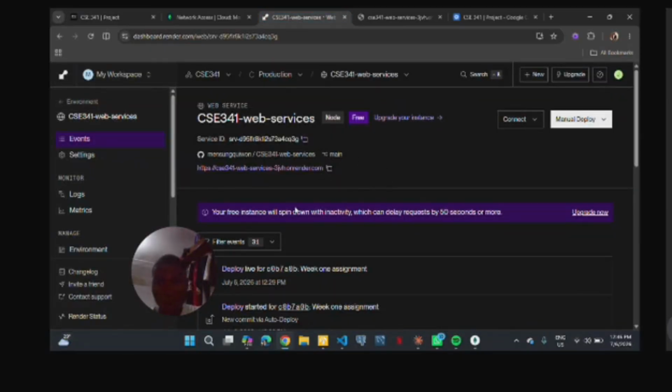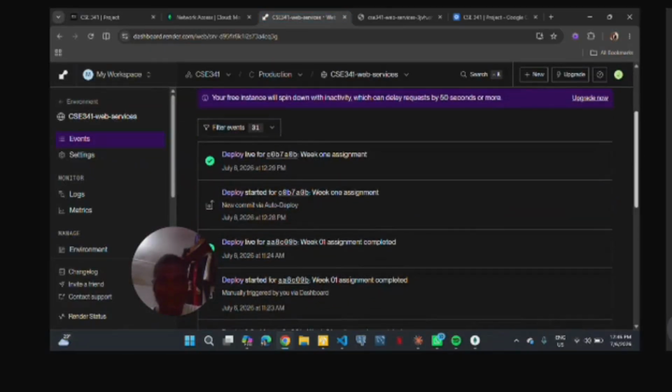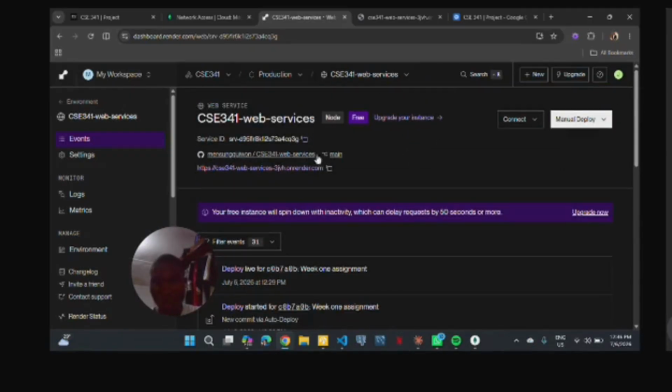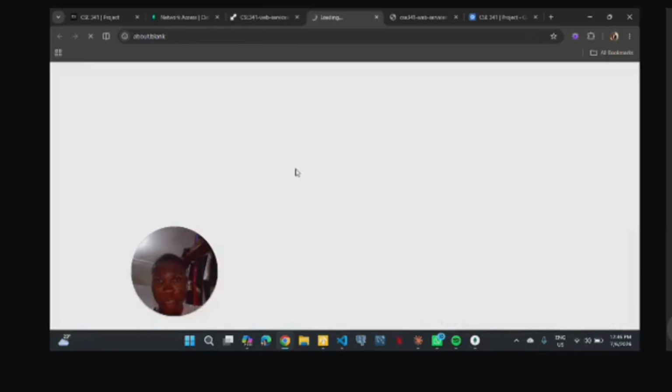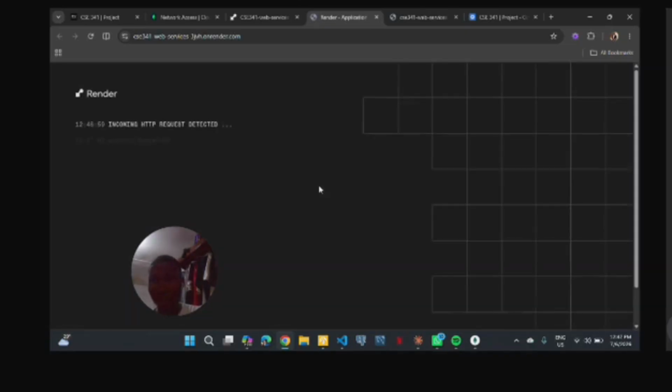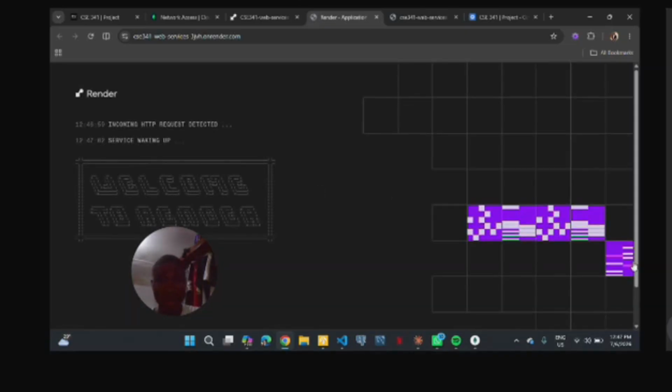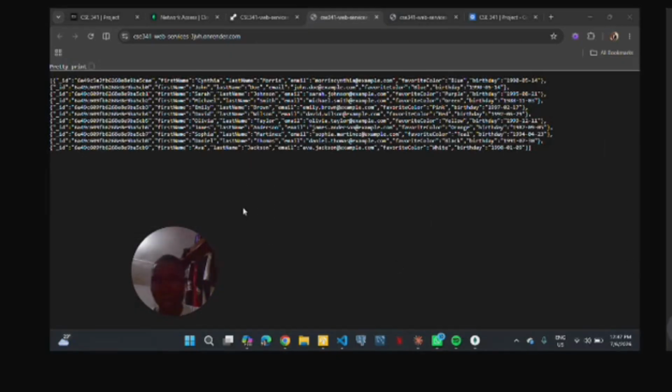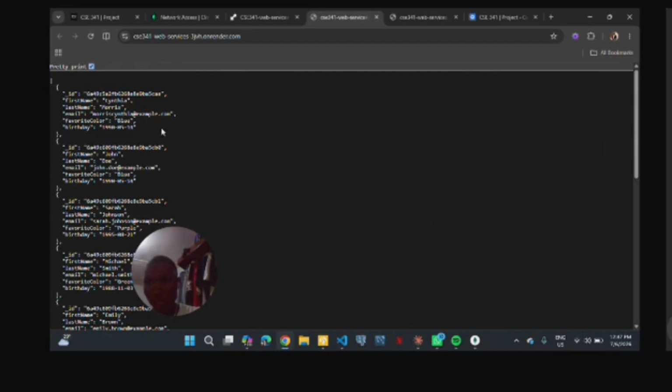So I was able to deploy it already. You can see here it says deploy live with one assignment. So we're able to deploy it to the web. That shows you what happens if we click this link, where it's live now on the web. When I click this link, you'll be able to see all of the contacts on the web. So let's wait a minute and see what's happening here. Oh yeah, so we have it being printed on our web. So let's put it in our JSON order. So you see in here, everything's being displayed with their IDs, their username,